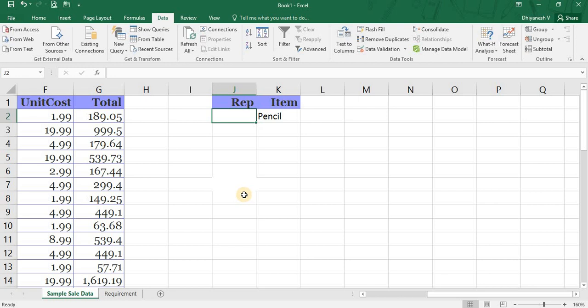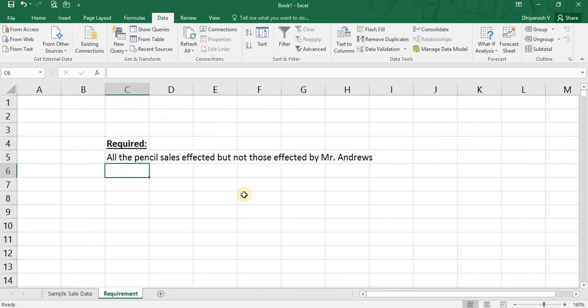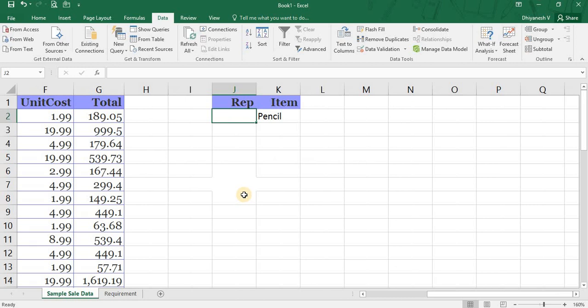So in our case, every pencil data is required except that of Andrews. So Andrews only should not come. So I am typing here, the criteria is not equal to Andrews. So every pencil transaction which is not equal to Andrews should be filtered.